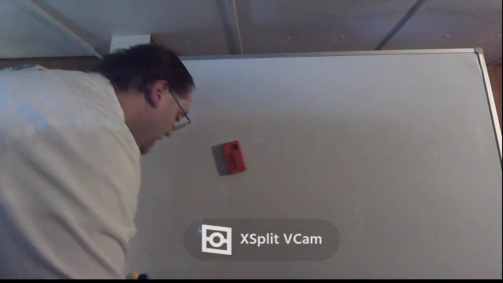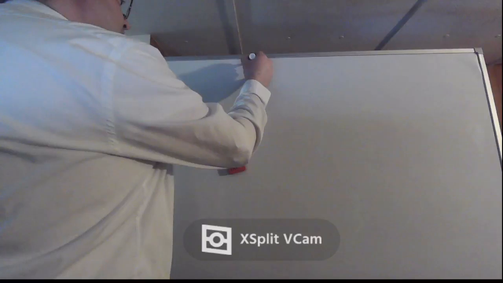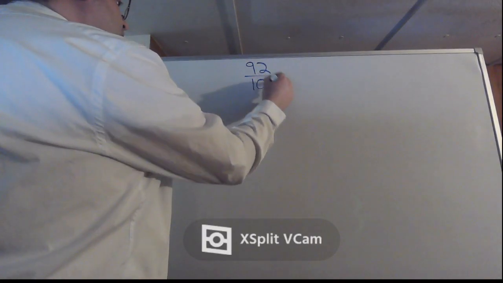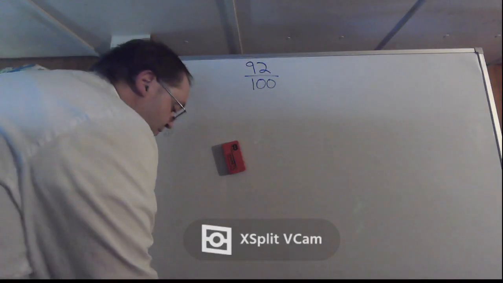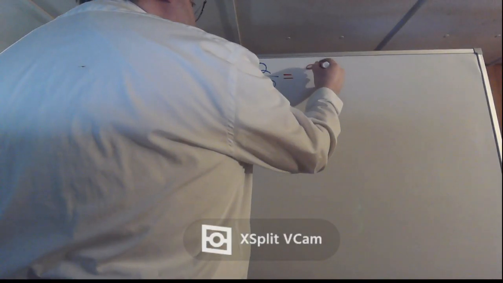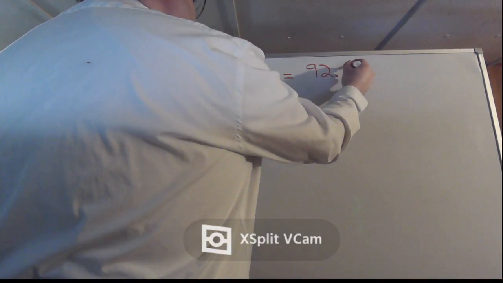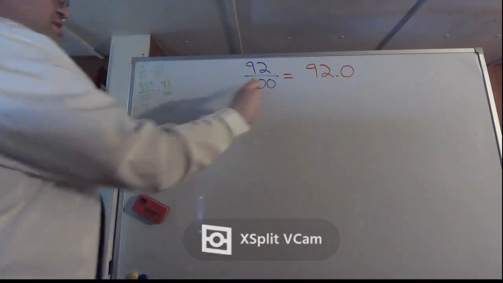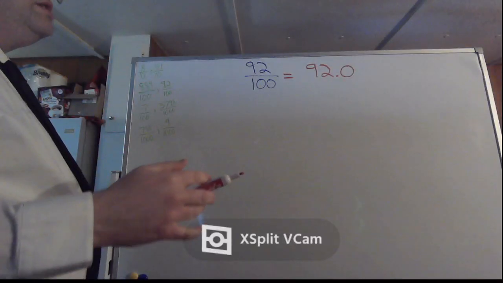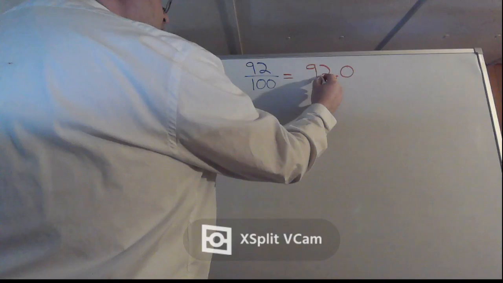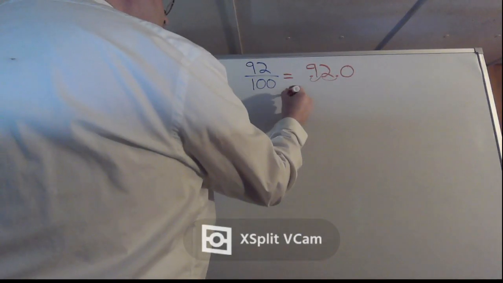Alright, 5 more. What do we got here? We got 92 over 100. So you got 92 over 100. Again, start with writing out your 92.0. Okay. Now you see two zeros in the denominator, which means you got to take your decimal place, move it 2 places to the left. So that'll be 1, 2, which would give you